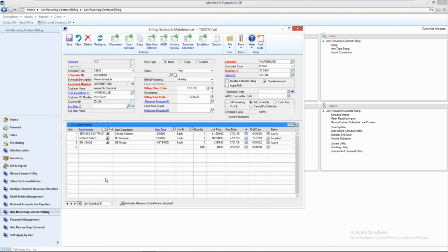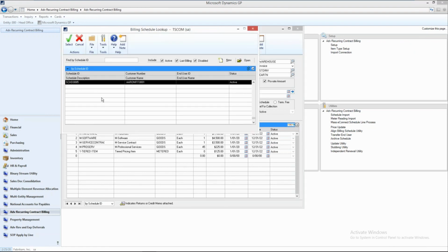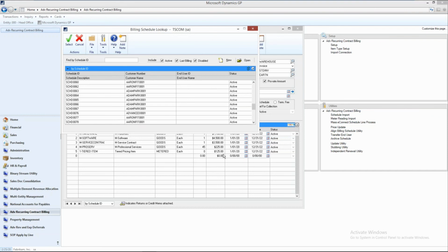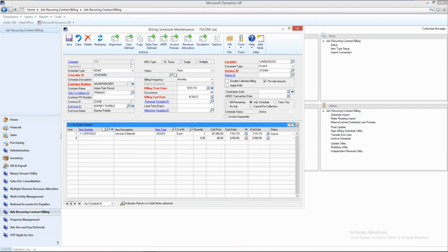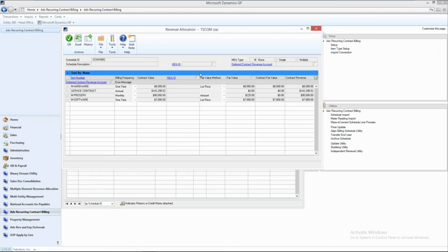to make sure that I'm putting the right revenue in the right place. So let me go right to the very end of my schedules here. And why am I not seeing schedule 86? It disappeared on me. Interesting. Anyways, I'll find a schedule that I can actually use to show you that. What we're going to do is take the revenue from those items. So here's an example. I've got these items that are set up, but I want to spread that revenue across all those different schedules. I come up here to the revenue allocation, and I can tell it to treat all